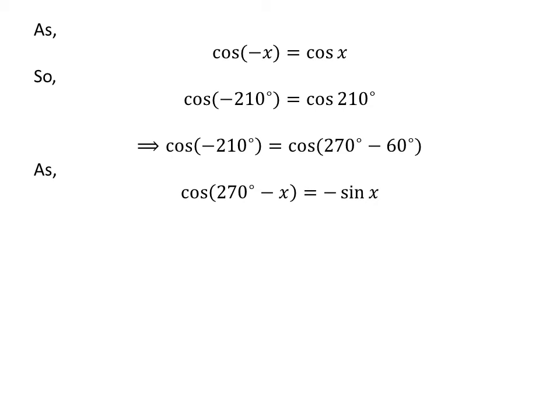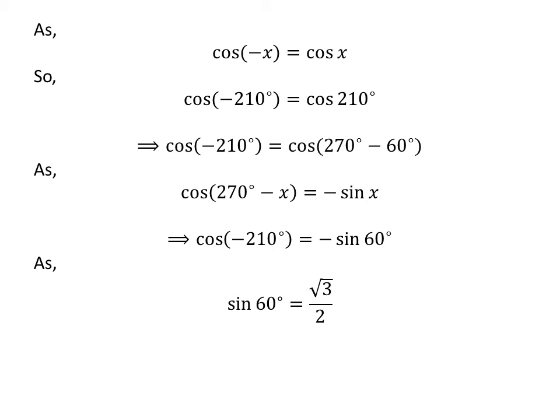As we know, the trigonometry identity cosine of 270 degree minus x is equal to minus sine of x. The video explaining how to derive this identity is appearing in the upper right corner. Also, the URL address of the video has been mentioned in the description section. Let us apply the above identity for cosine of 270 degree minus 60 degree. Here x is 60 degree. So cosine of minus 210 degree is equal to minus sine of 60 degree.